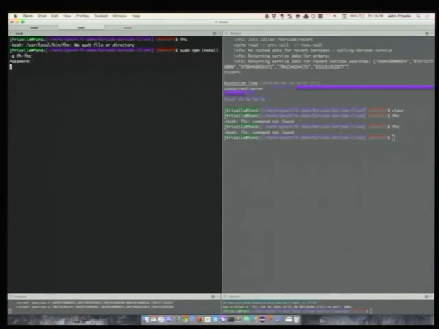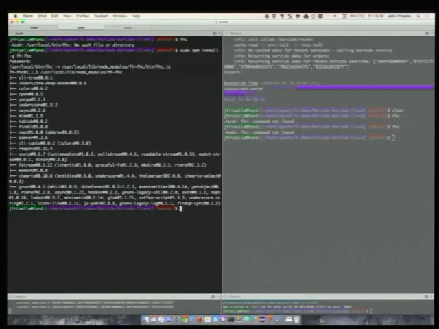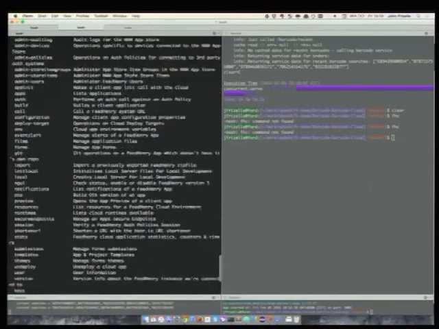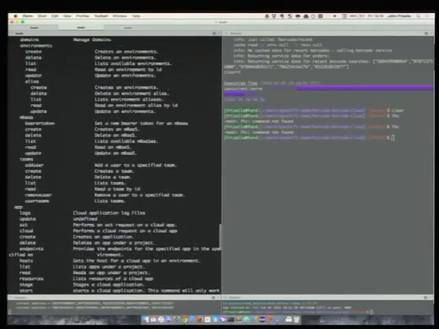And basically what FHC does is it gives you a command line version of all of the functionality that is available through the graphical UI.